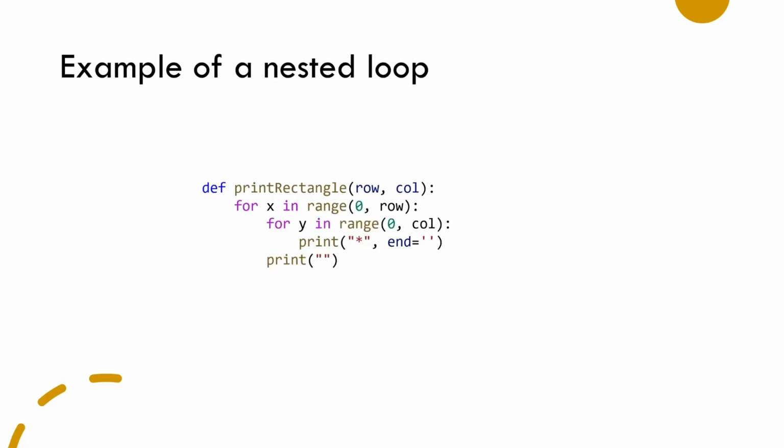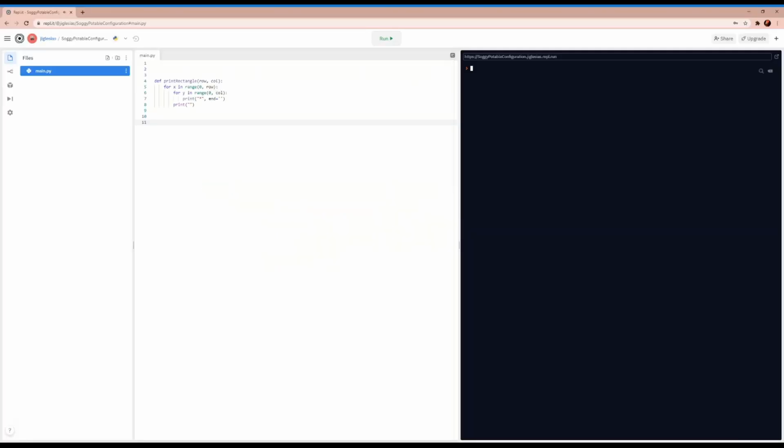Alright, so this is an example of a function that uses nested for loops to implement its functionality. All it does is just print a rectangle given the rows and the columns. Let's get this on Ripple so that we can really dig into it. Alright, so I have the function here in Ripple, and if we look at it closely, you'll notice that we